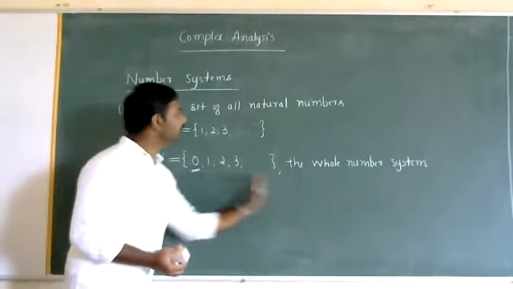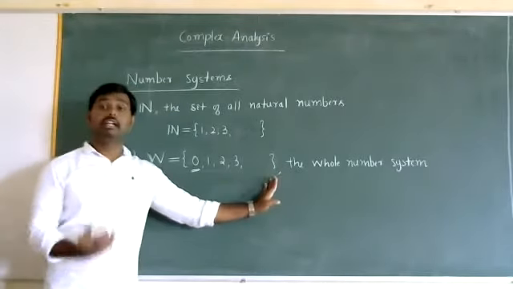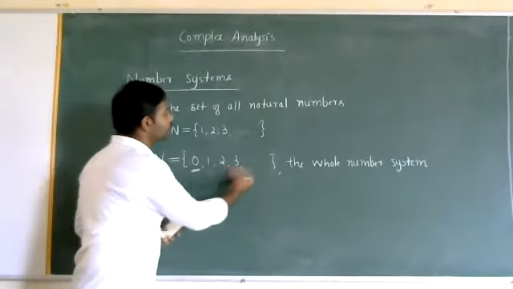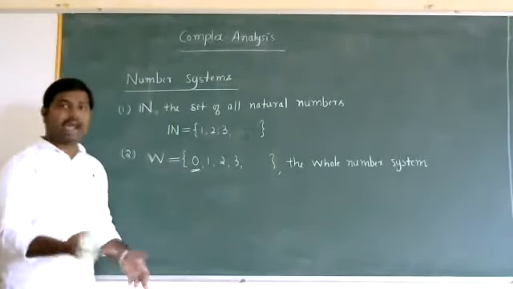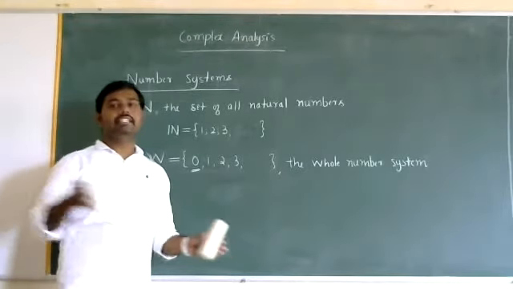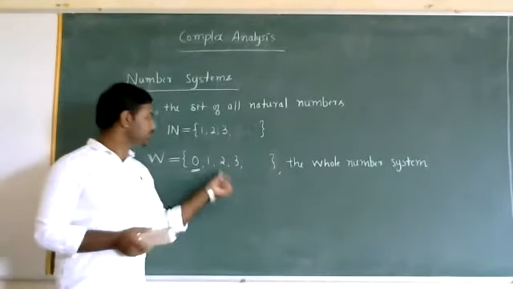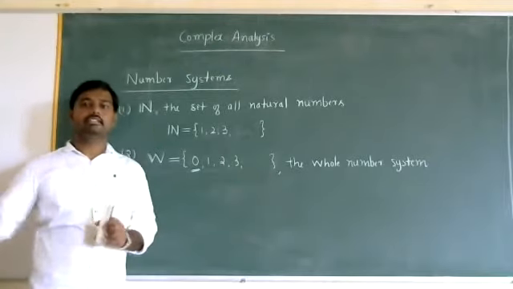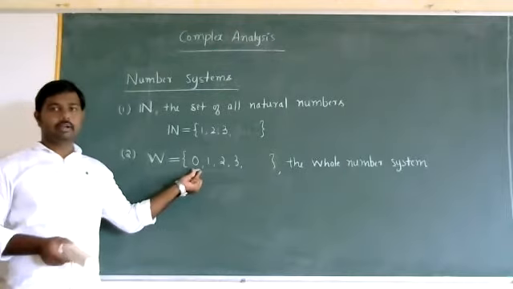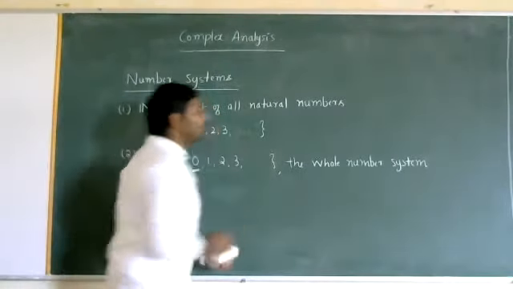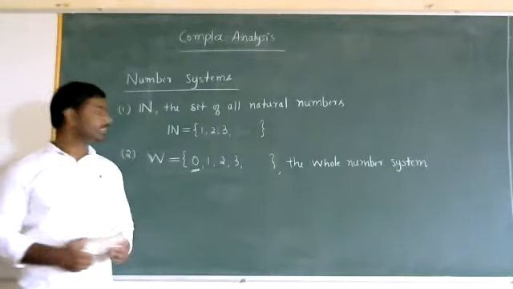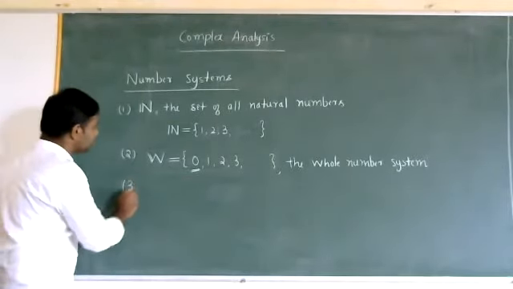Now, these numbers are not enough for our daily use, right? These 1, 2, 3 will indicate quantities. We can quantify something. So if I say 30 students in the class, that means there are 30 by counting 30 students. If there are no students, I will say 0 students. But these numbers are not enough for our calculations and also daily purposes. So hence we introduce a new number